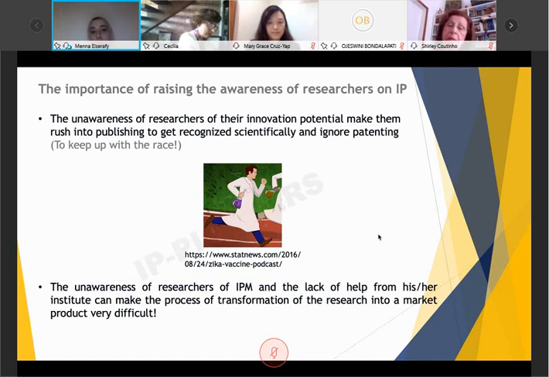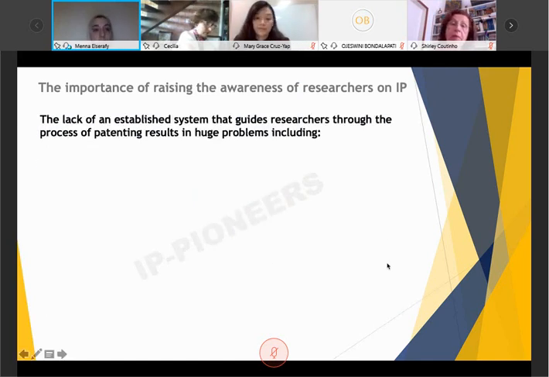So in this presentation, I will try to emphasize why researchers should know well about IP and how this can protect their rights later on. And then I'll talk about the technology transfer offices in developed countries. I will give two examples from the US, and how it works in the developing countries, and why a difference exists and how this affects the researchers.